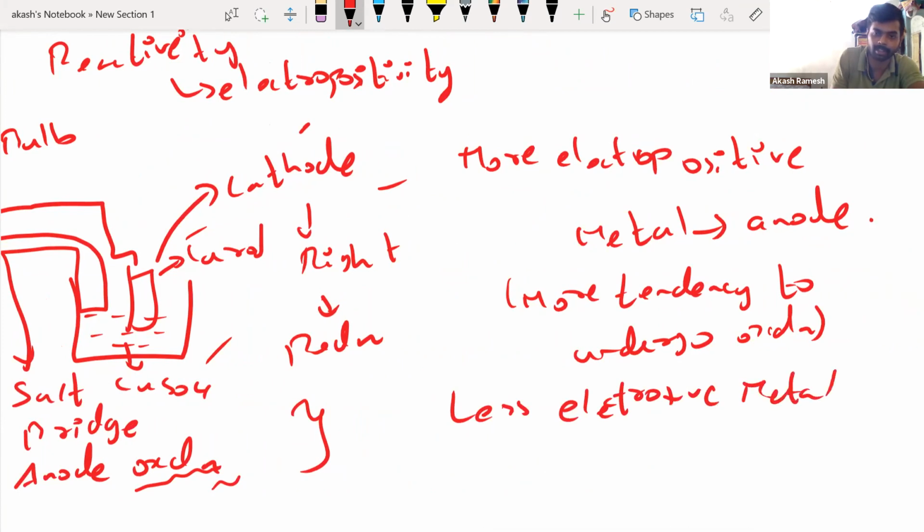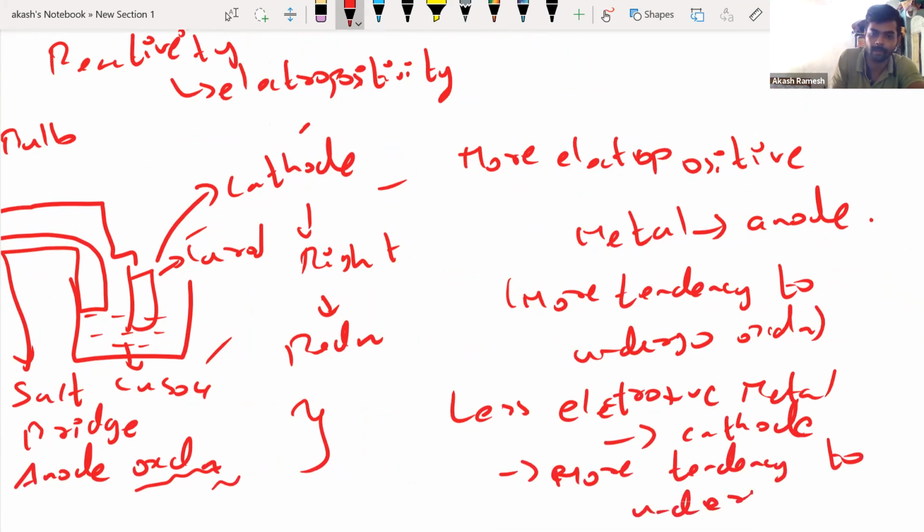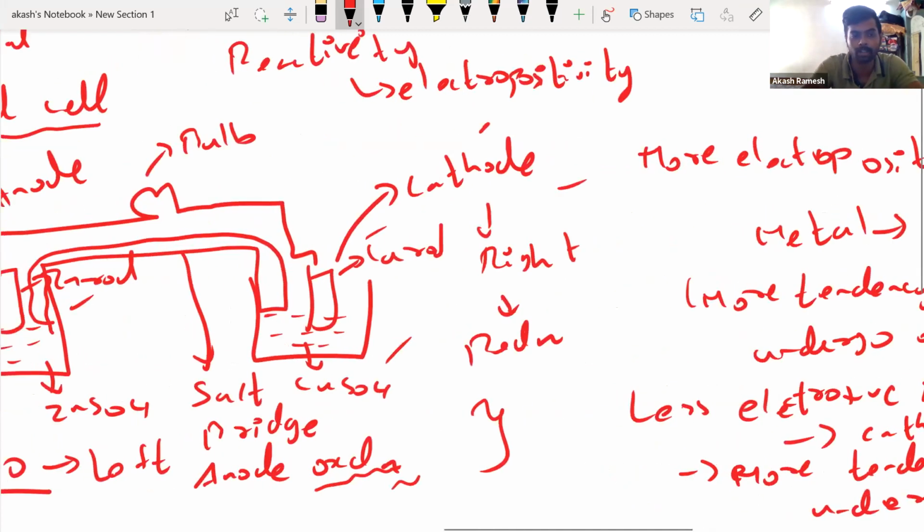the less electropositive metal should be in the cathode, or the element should have more tendency to undergo reduction, right? So if I have two elements, whichever is capable of undergoing reduction easily should be in the cathode. Okay, now before we move on to see how this is exactly going to work,